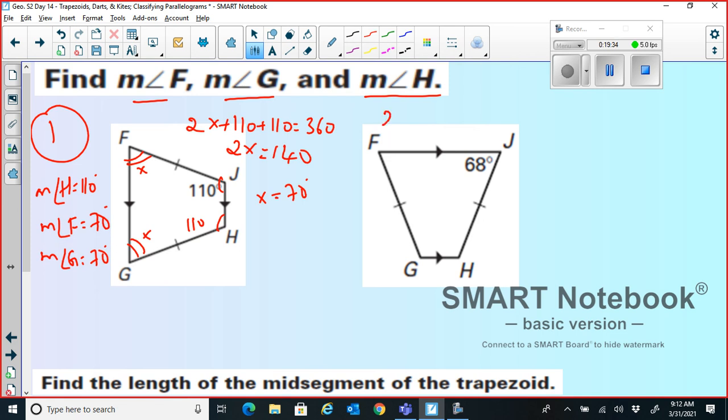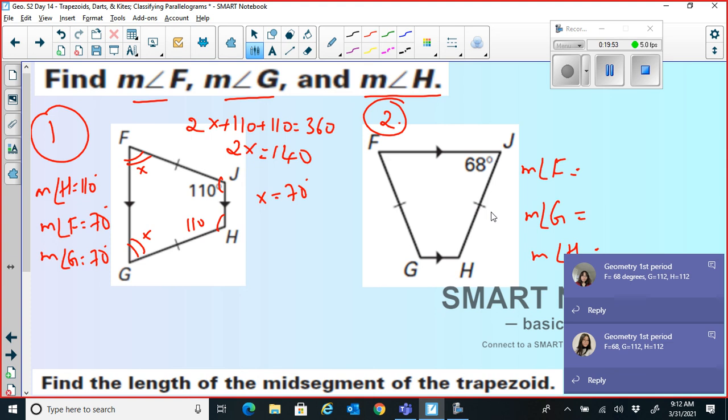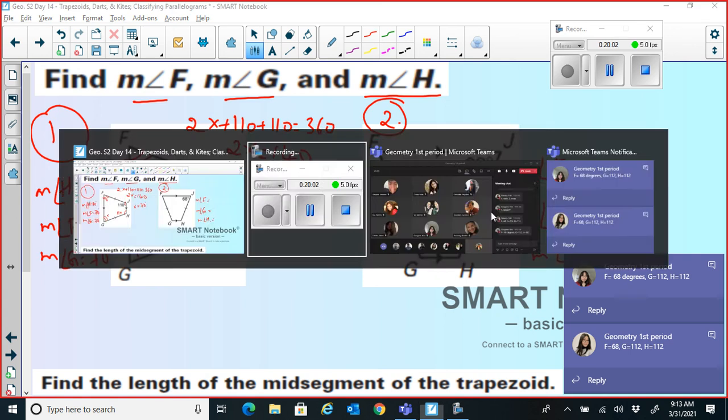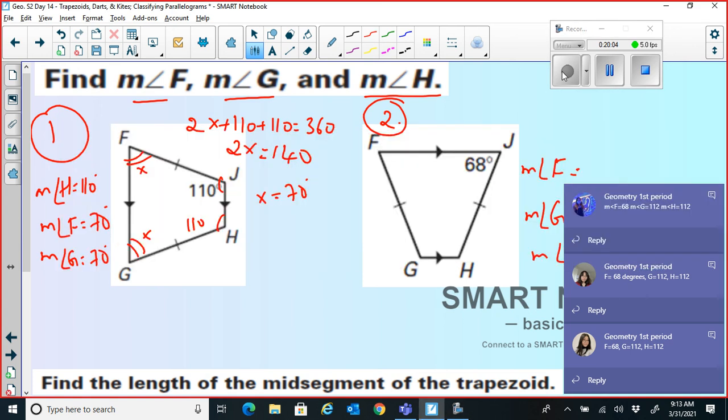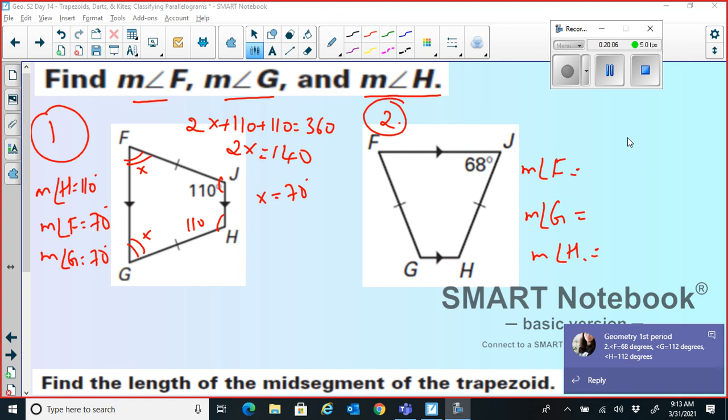All of you use your chat and tell me the answer for measure of angle F over here, measure of angle G and measure of angle H. Okay. I'll give you 30 seconds because we have to move on to the next. So you try to just give me answers for this. We will see the next one real quick. Okay, I see answers from Kira as well as Yuki. Both of them say that F is 68. Okay, let's check the solution.